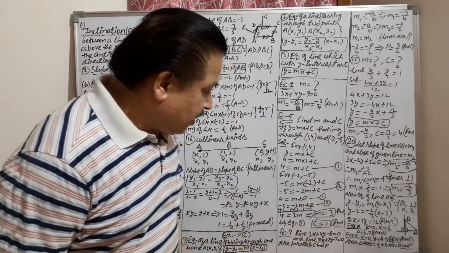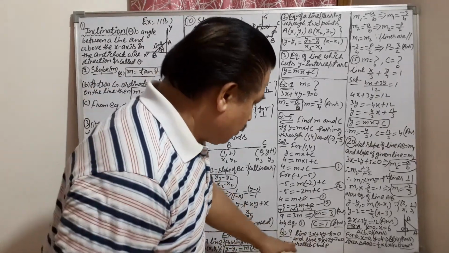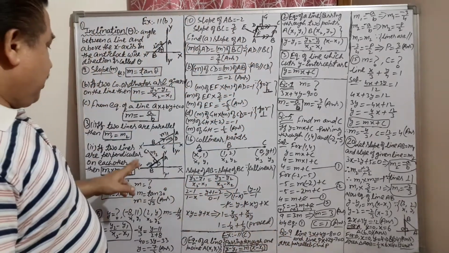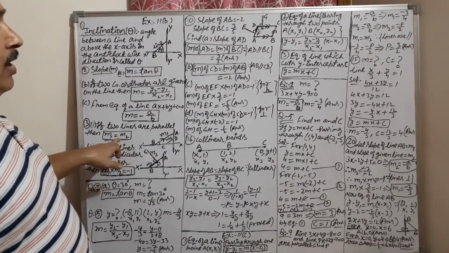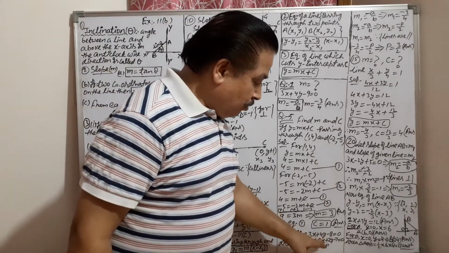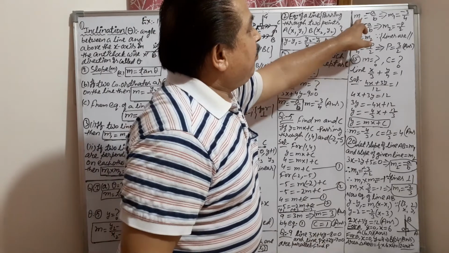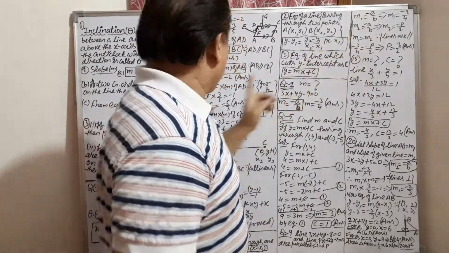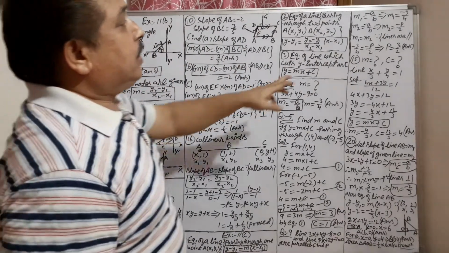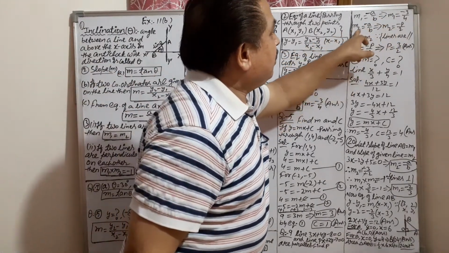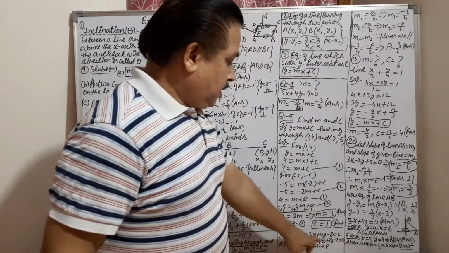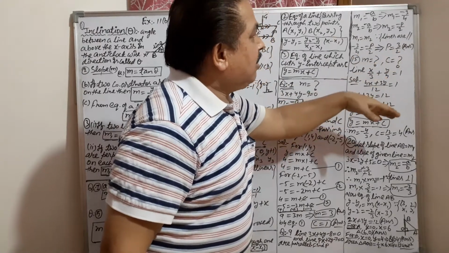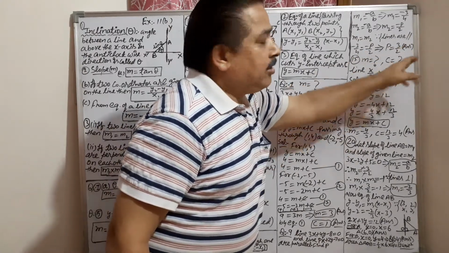Now see question number 9. In question number 9, two lines are parallel to each other. If two lines are parallel to each other, then slopes will be equal, m1 is equal to m2. Get the slopes of both the lines. m1 is minus a upon b, coefficient of x upon coefficient of y. Same slope formula here. m1 is coming minus 3 by 4. Similarly, from the second equation, get the slope m2, minus p by 2. Take both the slopes equal because lines are parallel. So p will come as 3 by 2.